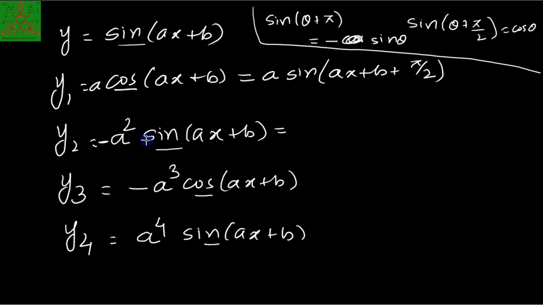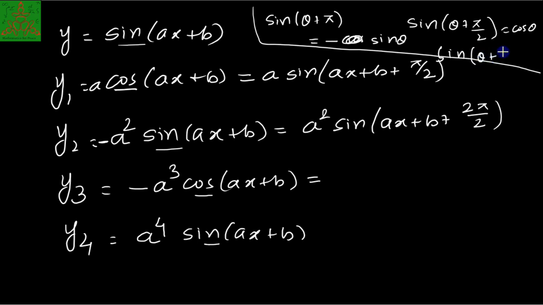So this minus sine theta we can write as a square sine of ax plus b plus pi, but pi I can write as 2 into pi upon 2. Again, using the same concept that sine theta plus pi by 2 is cos theta, we may write sine theta plus 3 pi by 2 as minus cos theta. So using this concept, minus cos theta gives a cube